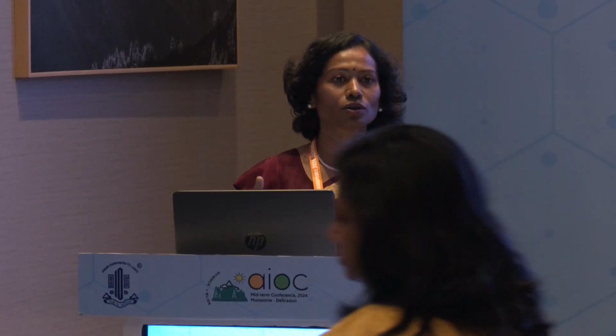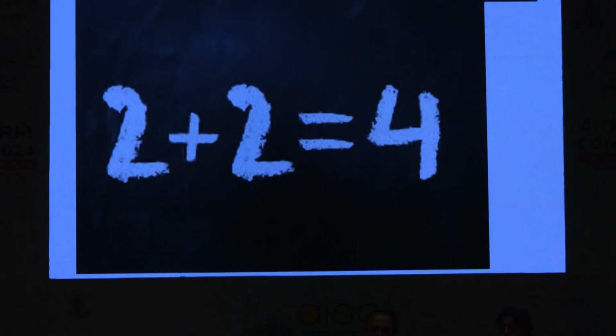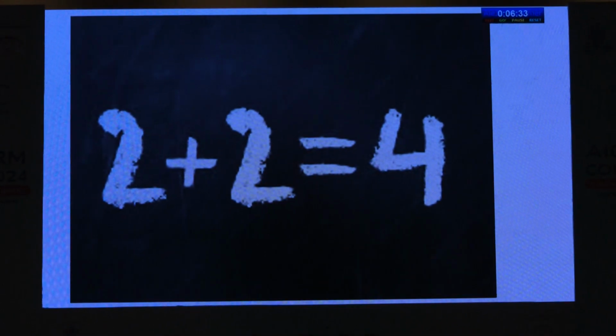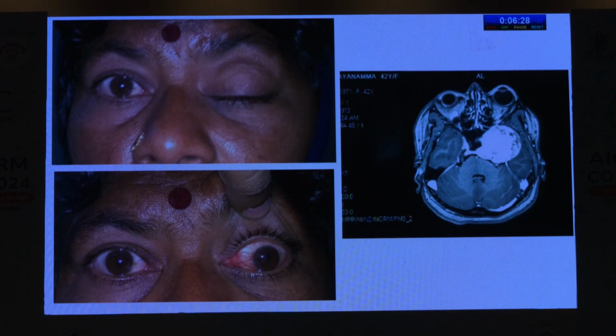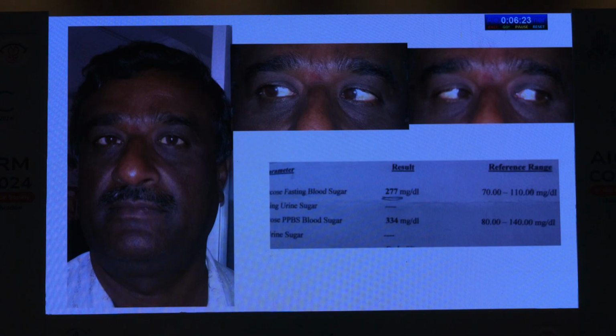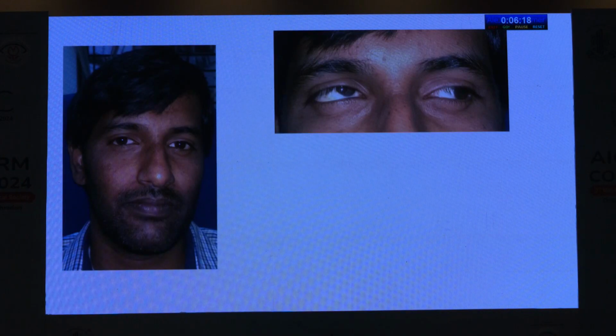Just continuing with Dr. Jyoti's thoughts and the panel's thoughts, it's mostly the clinical examination and imaging, and video recording your cases, because later on you can find out the missed findings that you couldn't identify at the initial stage. In neuro-ophthalmology, many things are just 2 + 2 = 4, like ptosis, hypo and exotropia with pupil involvement. So we know it's third nerve palsy. Similarly, diplopia in outward gaze, we know it's sixth nerve,